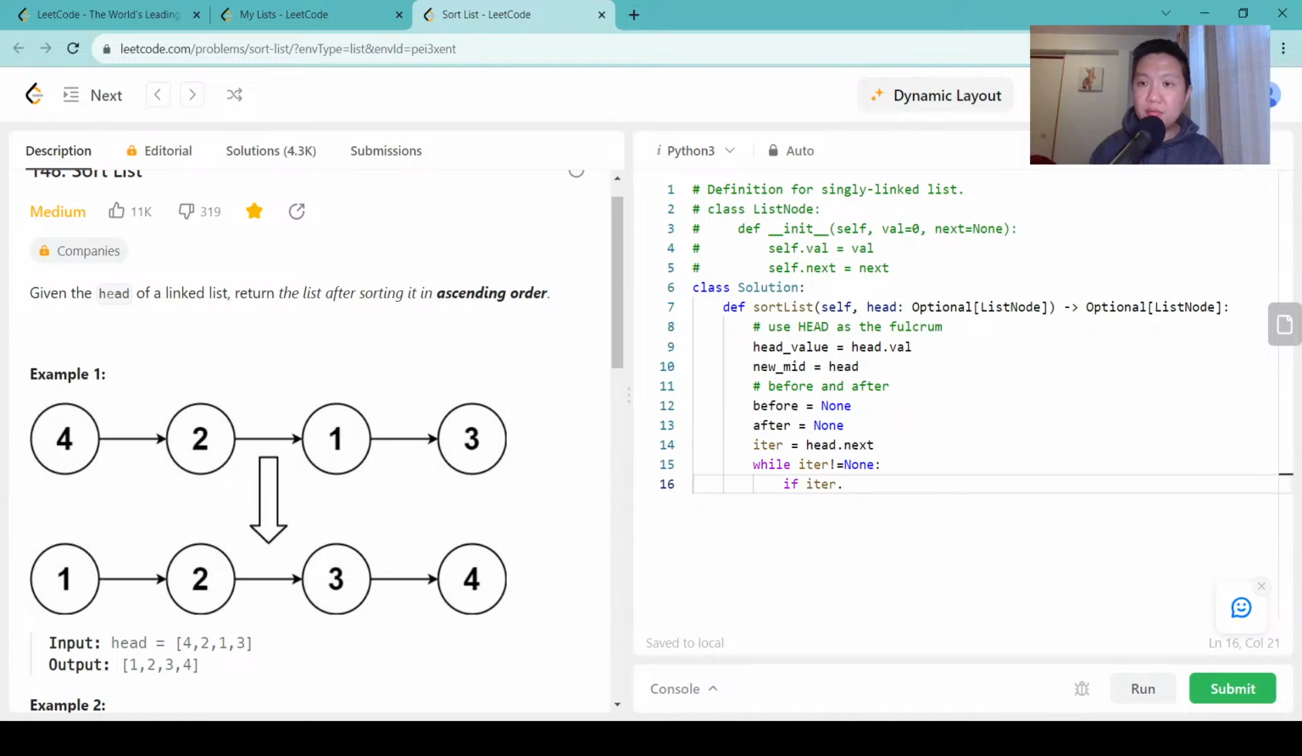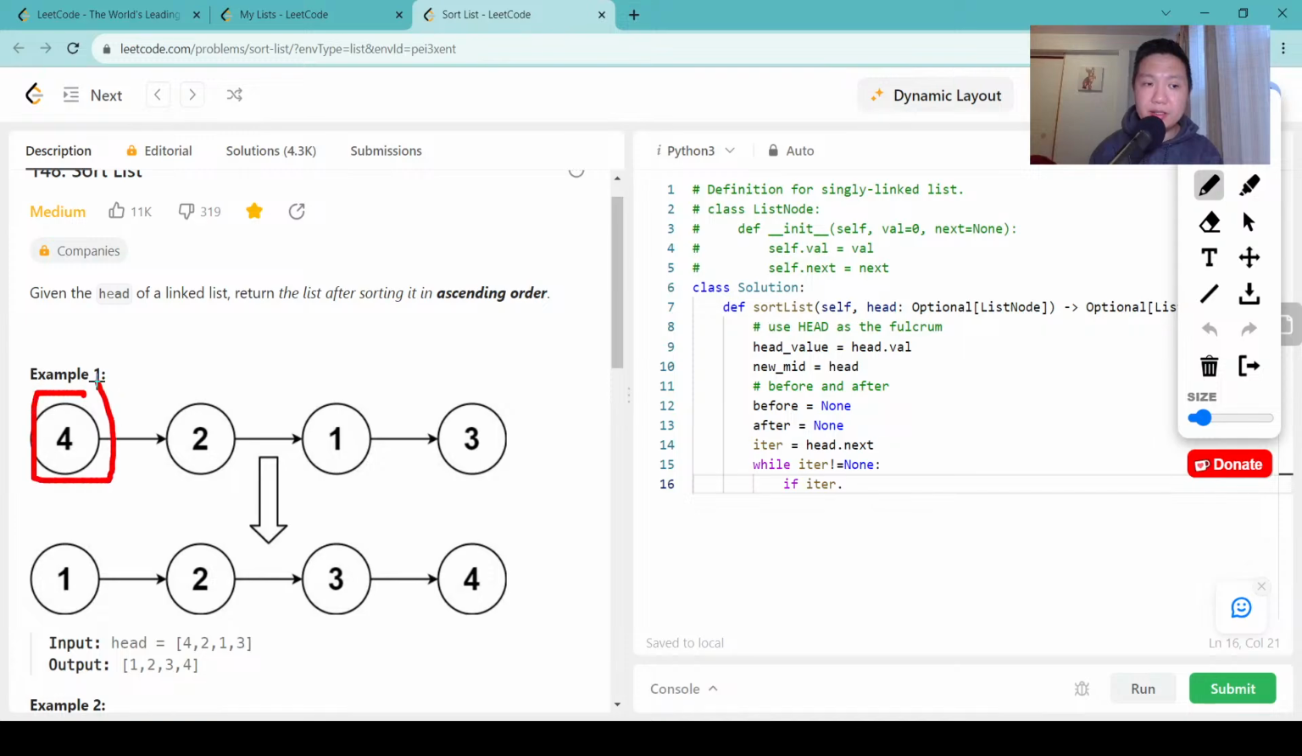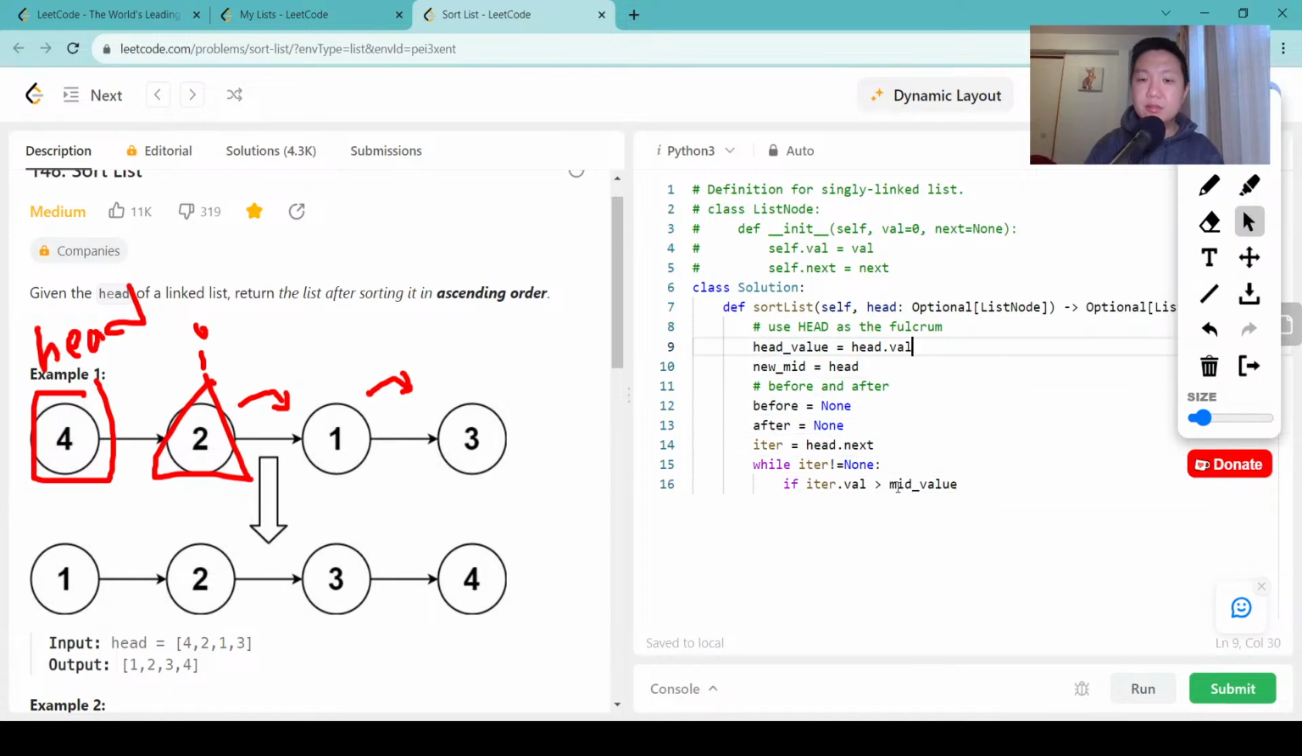So let me draw. Head starts here, and then iter will be here, and iter will go on and on. So iter is the one that's traveling. If it's larger than head value, let's call it the mid value, I think that's the more accurate term. So if it's larger than mid value,